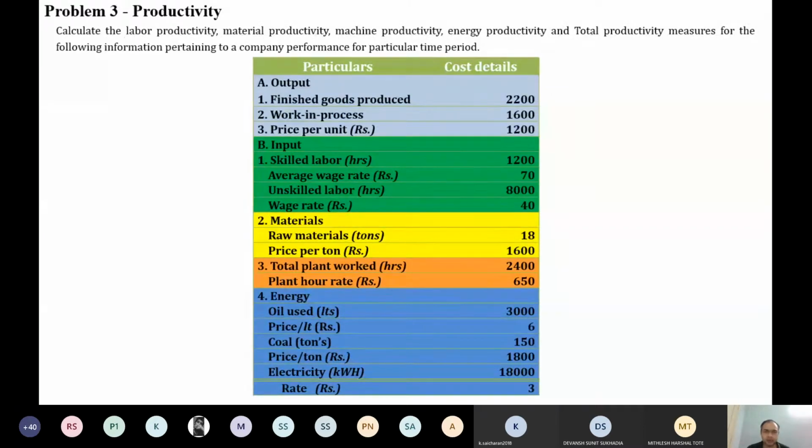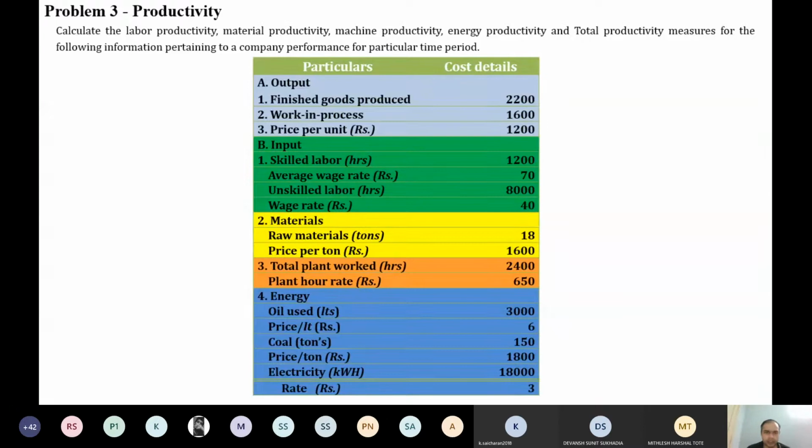We always buy only the finished products as a customer. So in this case, if work in process is given to you, you can avoid that. So what is the actual output? It's only 2200, and the price of one unit of the product is